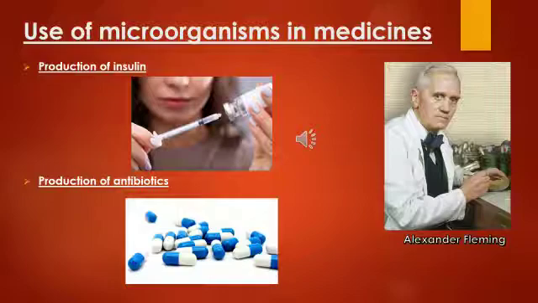There are a few antibiotics named amoxicillin, tetracycline, erythromycin. These are some antibiotics commonly used, and these are obtained from fungi to destroy disease-causing microbes. These antibiotics are also used to control bacterial diseases in plants and animals as well. And about the scientists, I'll be explaining in detail in the live session.